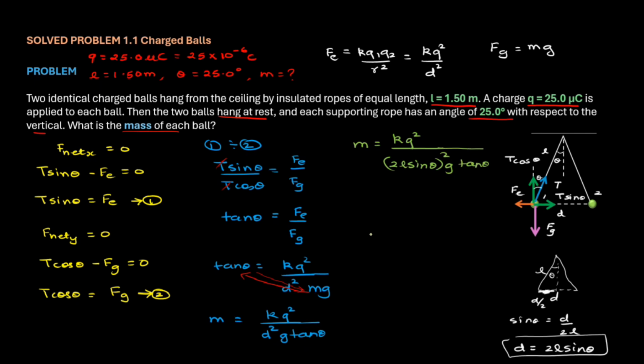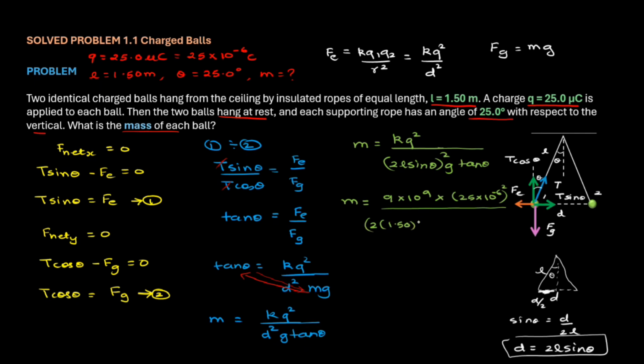Now I can substitute all the values to solve for mass m. We get mass m equals K, which is 9 times 10 to the power 9, Q, which is 25 microcoulomb, squared over 2 times the length of the string, which is